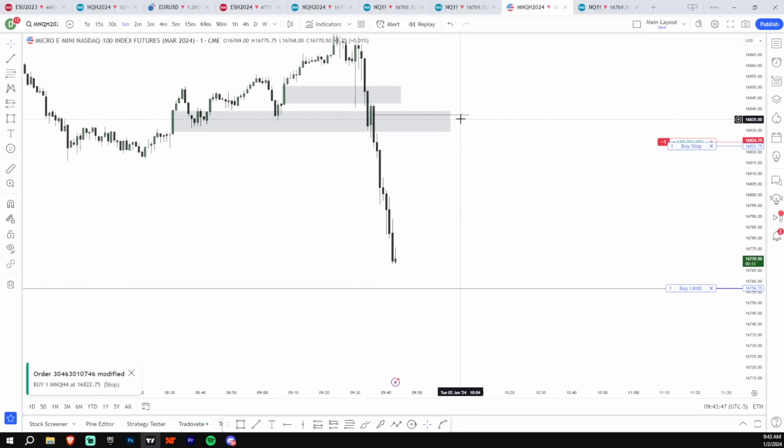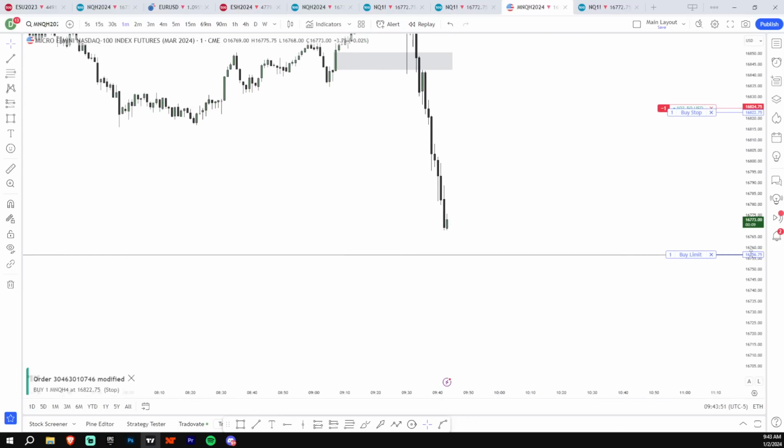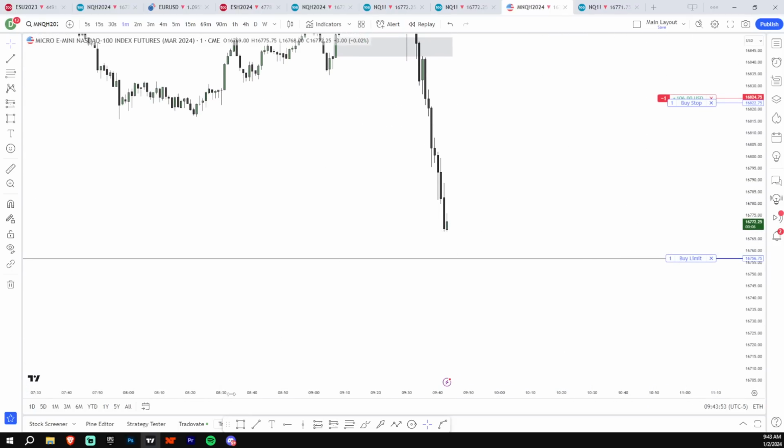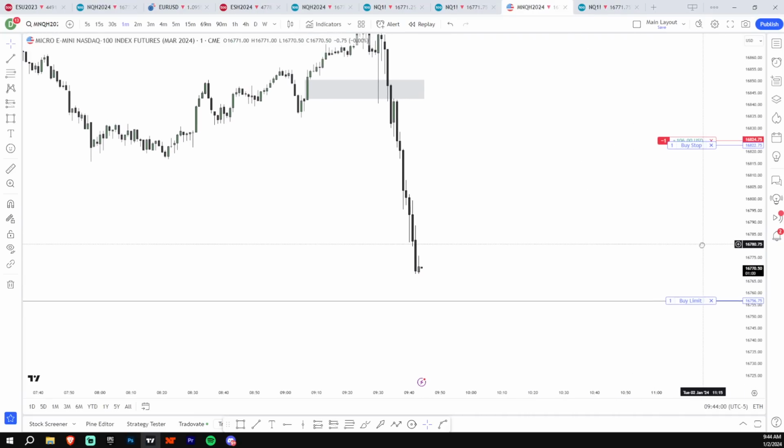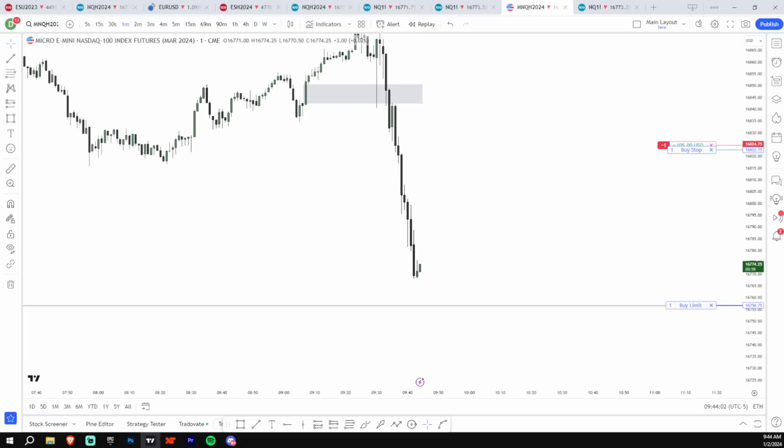So we took out all those equal lows. Again, my stops are break even for this, so I don't really care what happens here. Again, the bias was simple today. If the bias wasn't simple, I probably wouldn't have traded. But we had obvious equal lows. You're never going to see equal lows like that go untouched. So that's all. Today was definitely a live account day because the bias is really easy.